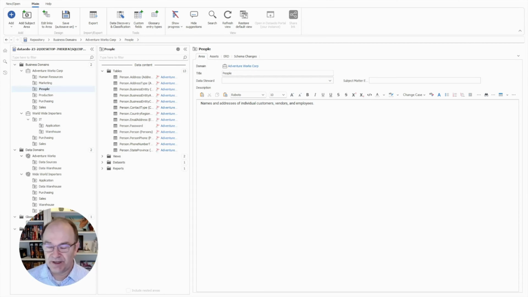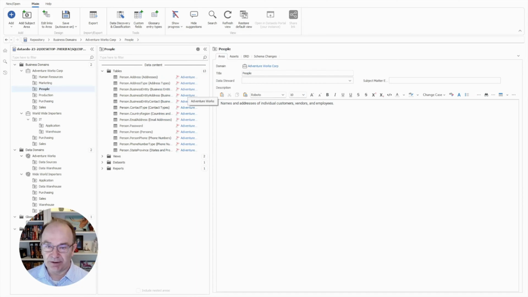The reason that we have the collection explorer is specifically for domains. That is because we can have objects in these domains that come from different collections. For example, here I've got items in the AdventureWorks collection. I've also got items in my reporting collection. I've got items other places, like the glossary items. We can put them all together, which we could not do before when things were nested inside of the data